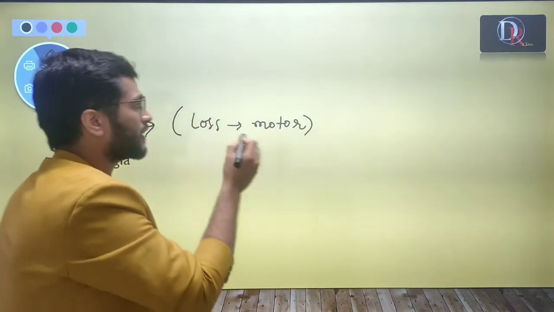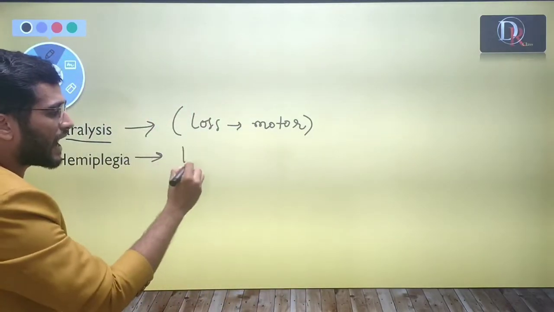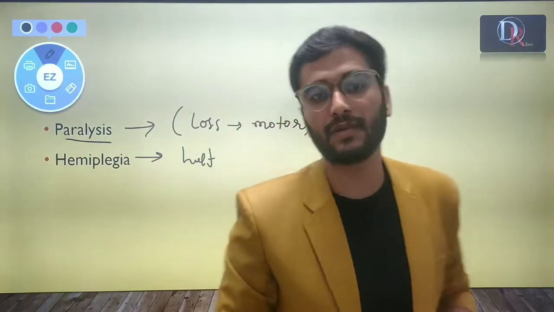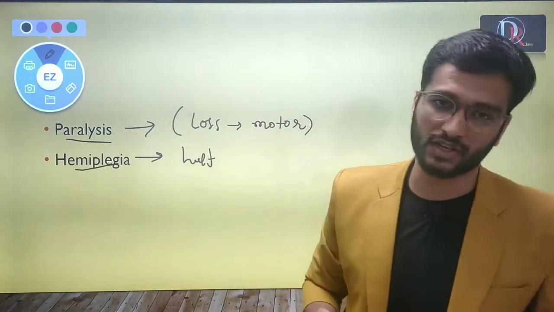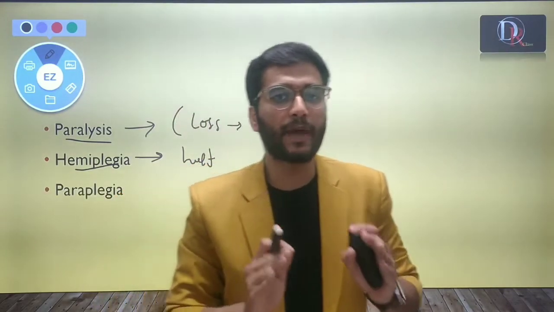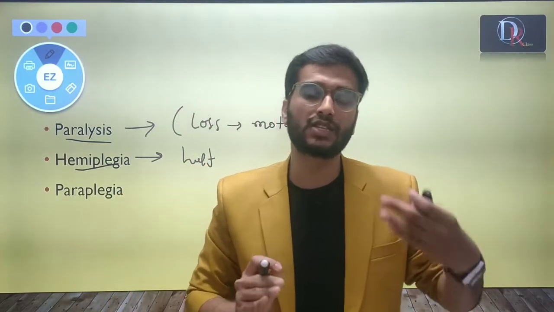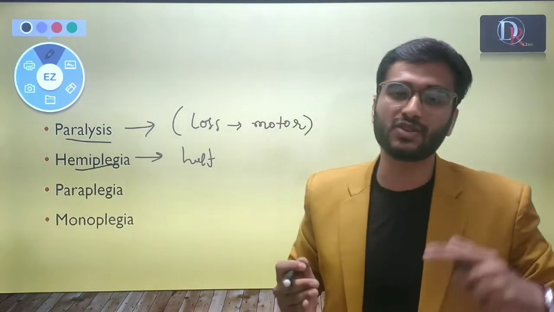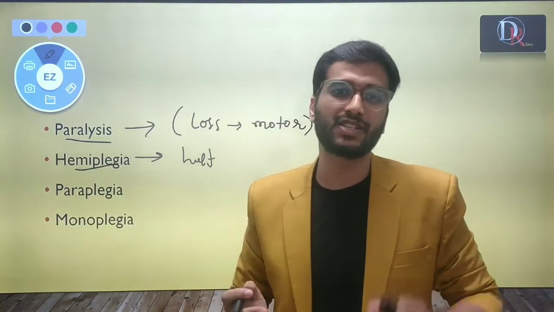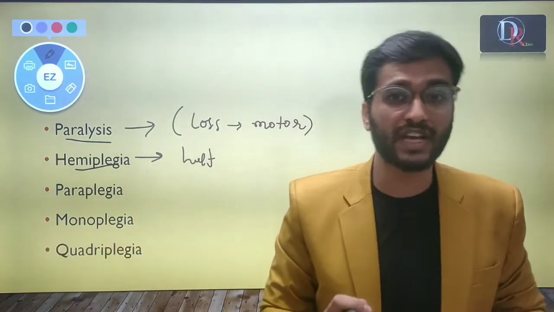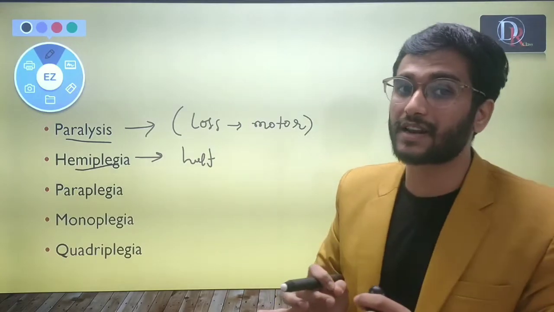Okay, so if the person gets paralysis in half of the body, whether it's right-sided or left-sided, that kind of situation is known as hemiplegia. After hemiplegia, let's see paraplegia. Basically, paraplegia is the paralysis of both lower limbs. The next one is monoplegia. So monoplegia is the paralysis of one of the four limbs, and quadriplegia is the complete paralysis of